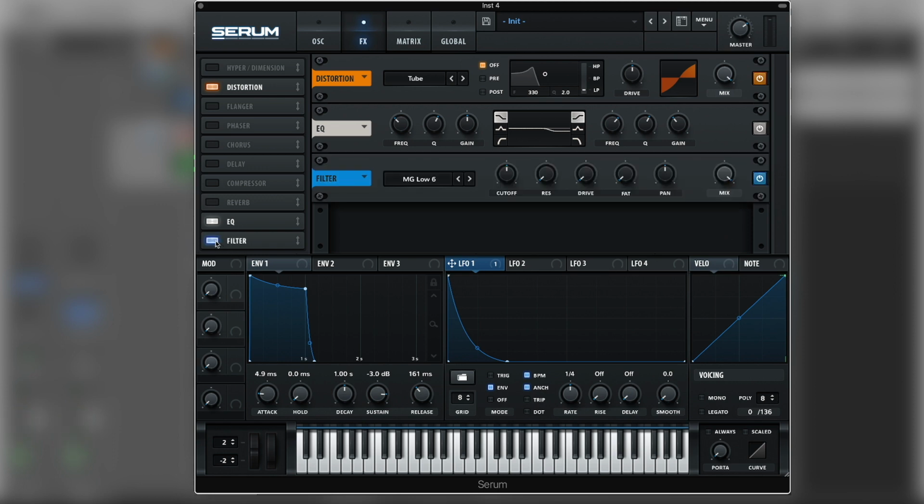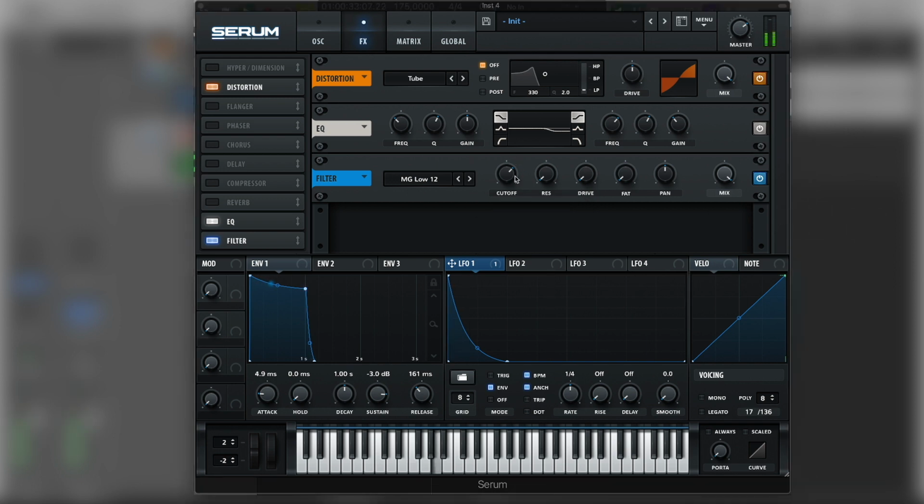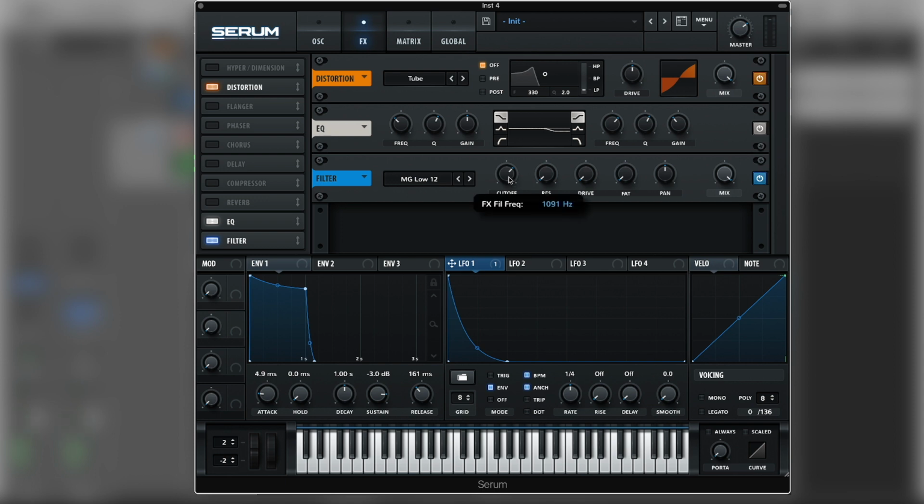Now again, let's open a filter. And let's switch it to MG low 12. And let's clean it a little bit more. Yeah, around 1K, it's fine. Because now we're going to bring down the mix about 50%. It's mainly what we're doing is just lowering and taming that highs there that's going on, because now after all this, we're gonna just move this one over here,